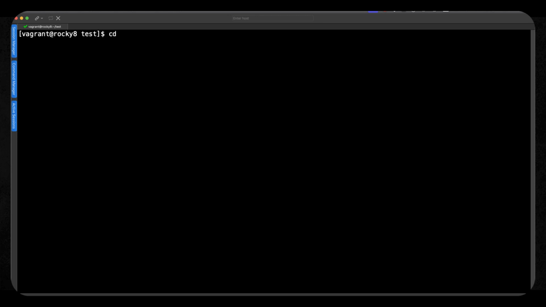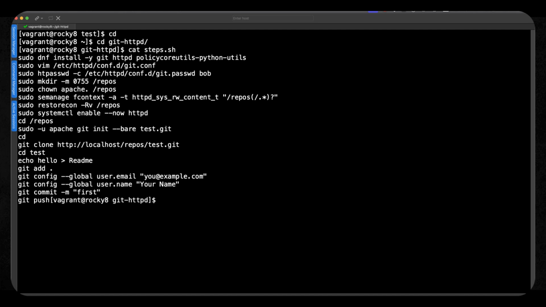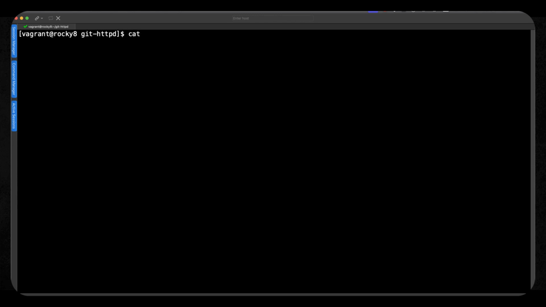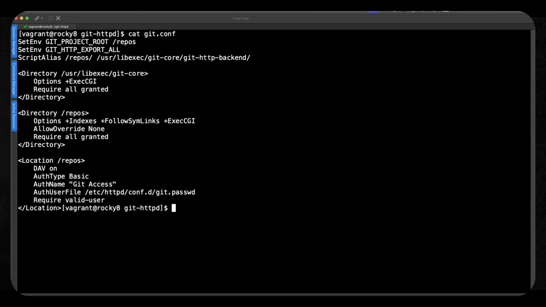But when we look, we can move back into my home directory and look at the cloned repository, and we can see the steps. So these are the steps that we've carried out, the steps that you've seen in the video, and the web configuration file that we added to Apache is our git.conf. And again, then you can see what was needed to get our demo up and running.